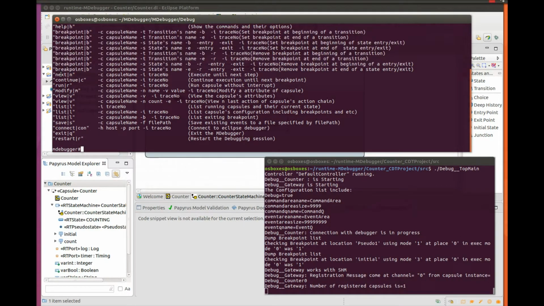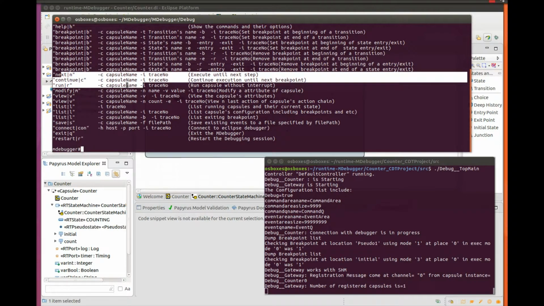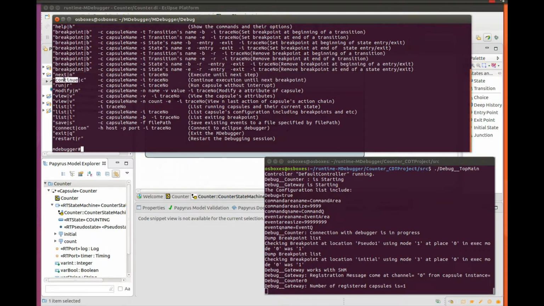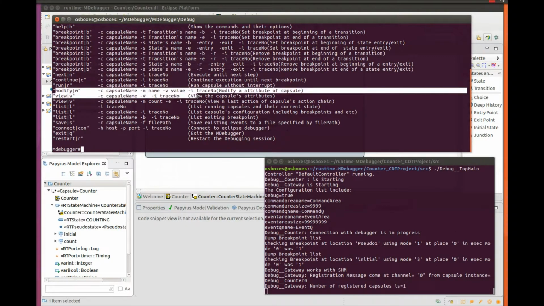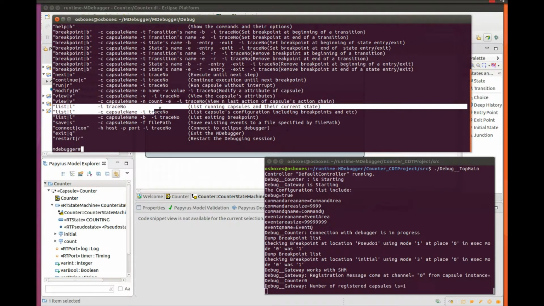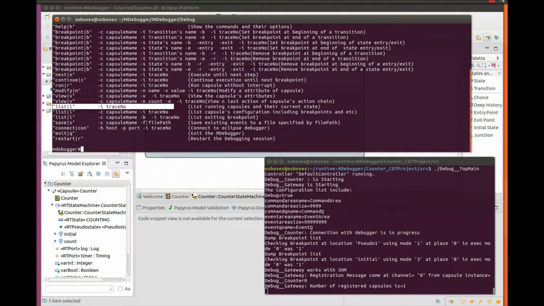We have commands to alter the execution of the system, either stepping over, continuing the execution until a breakpoint is reached, or running the application as if there was no breakpoint set. We also have commands to view the values of the attributes of the capsule instances and also to modify them. And we have commands to list the different instances that are instantiated at runtime and to list, for example, the breakpoints, etc.